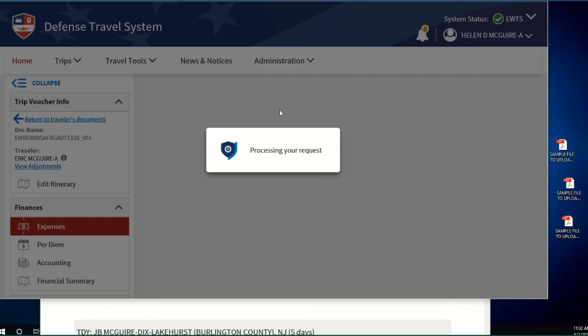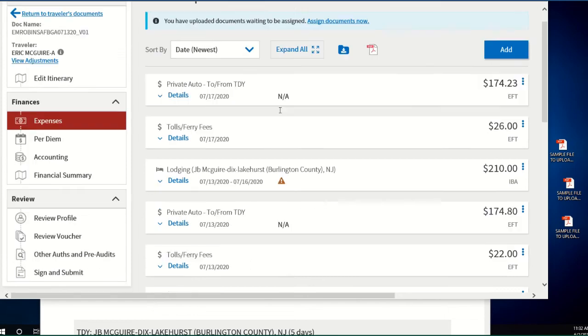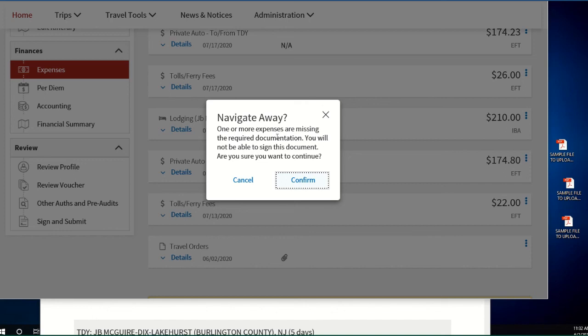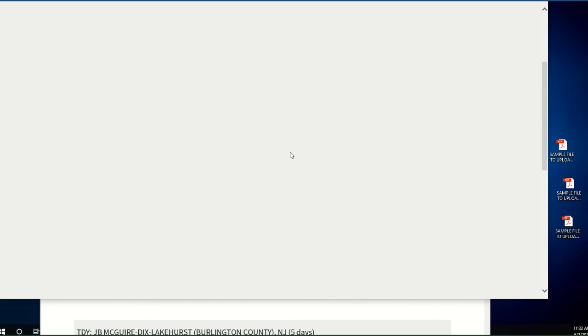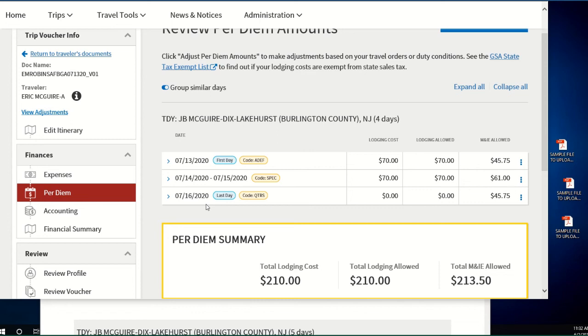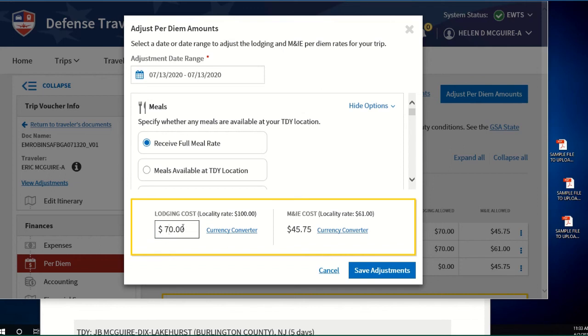Now, we're going to check to see, did it change our itinerary? So we should have our per diem page, and it's saying more and more expenses are required documentation. At this time, yes, we're going to confirm just to get there. So it changed it to the 16th for us, but once again, it defaulted back to $70, and it gave us that full meals and incidentals, M&IE, for those middle days. So now we do have to go right back in, edit, make it the 77,